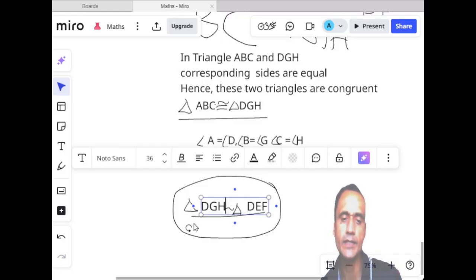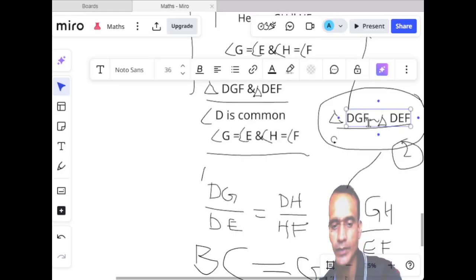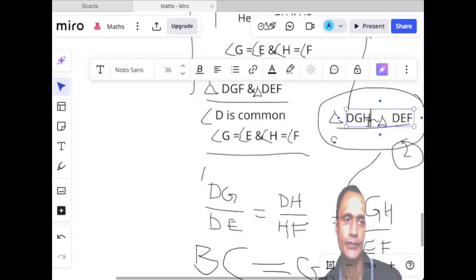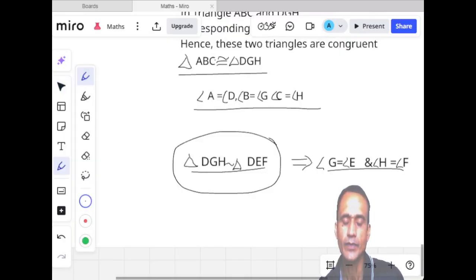It is DGH is similar to DEF. The same I need to correct here. So from the similarity, we get G is equal to E, H is equal to F. So from this equation 3 and this equation 4,